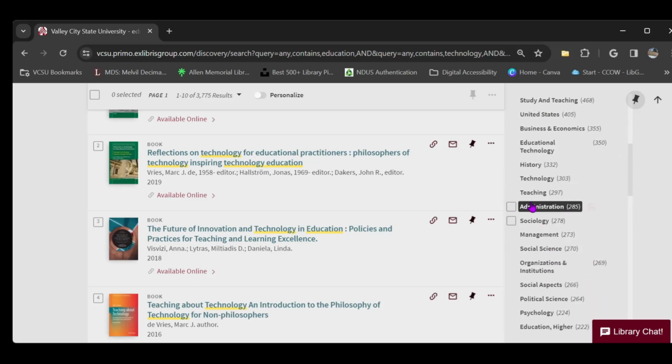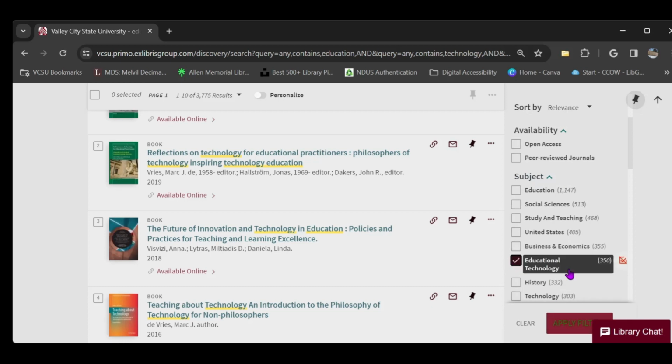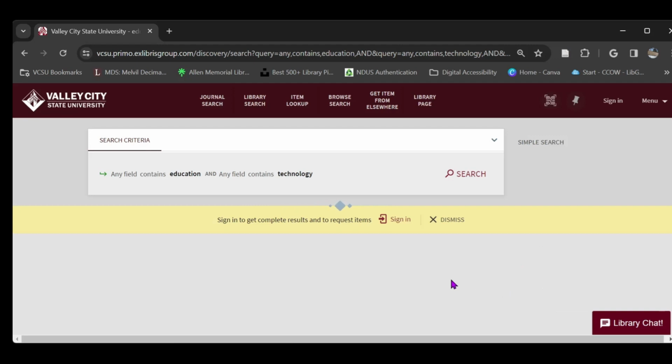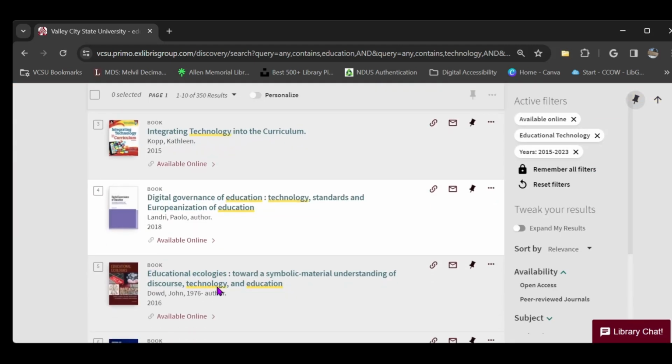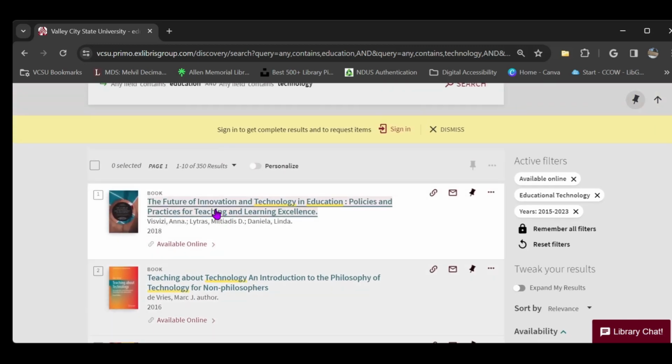Perhaps my research is focused on educational technology. I can click on the checkbox by Educational Technology, then select Apply Filters to get my narrowed down results. Once I find a book that I'm interested in, clicking on it will take me to the catalog entry for